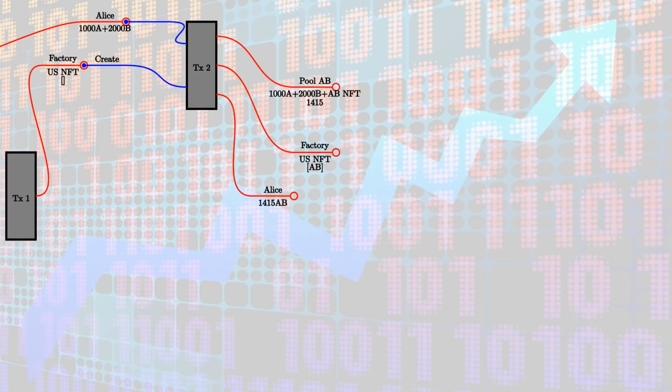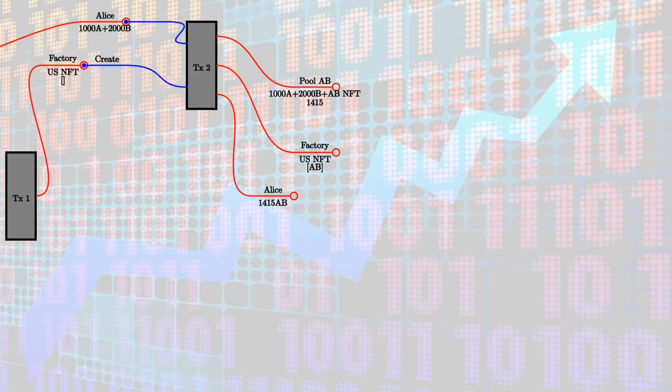And if you wonder about the number, that is the square root of the product of 1000 and 2000. So that's how the initial amount of liquidity tokens is calculated. It doesn't really matter. You could scale it arbitrarily, but that's the way Uniswap does it. The second output is the Uniswap factory again, with the same NFT as before that identifies it. And now the datum has been updated. So in this list that was empty before, the list of all liquidity pools, there's now an entry for the newly created AB pool.